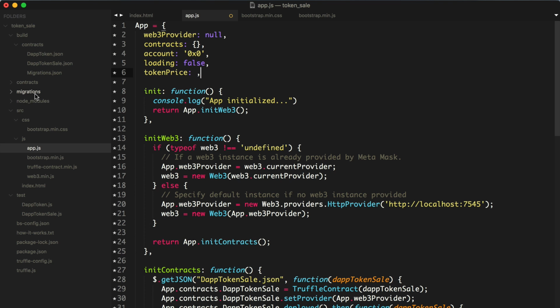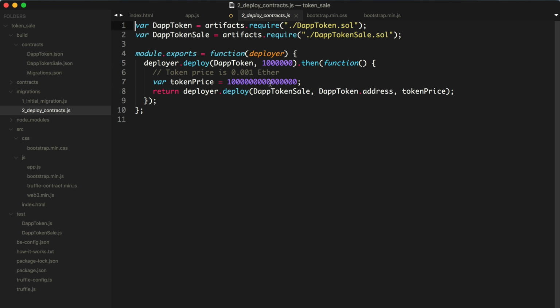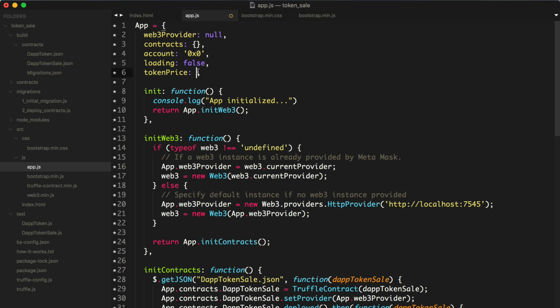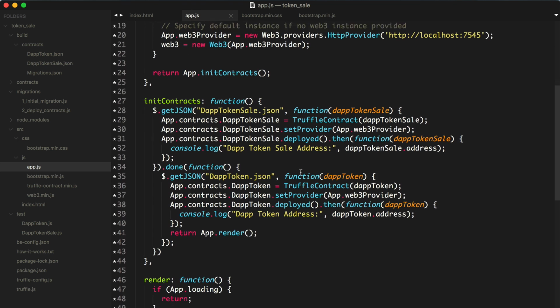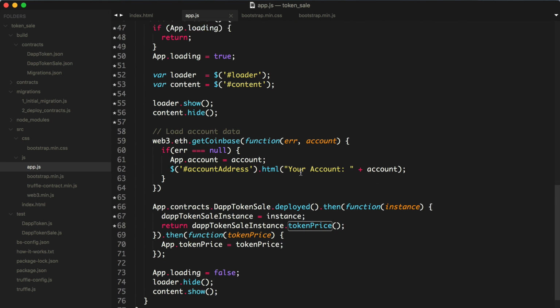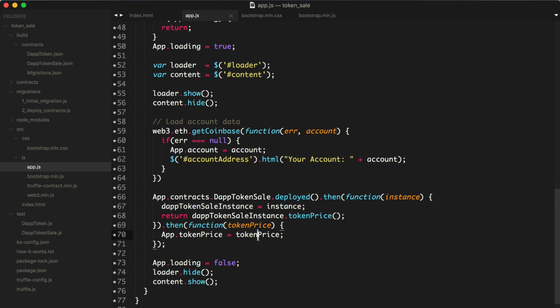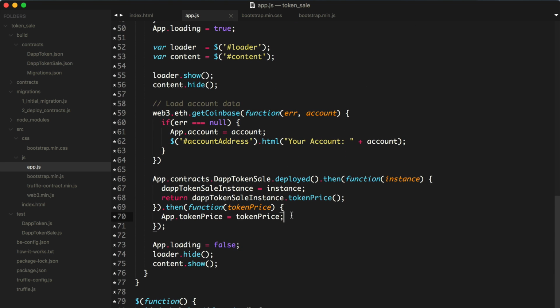So if you go to migrations, deploy contracts, this was the token price that we set in the previous videos. So we'll copy this, and we'll just add this as the default value for now. But we want to update this from our contract. So app.tokenPrice equals tokenPrice. And